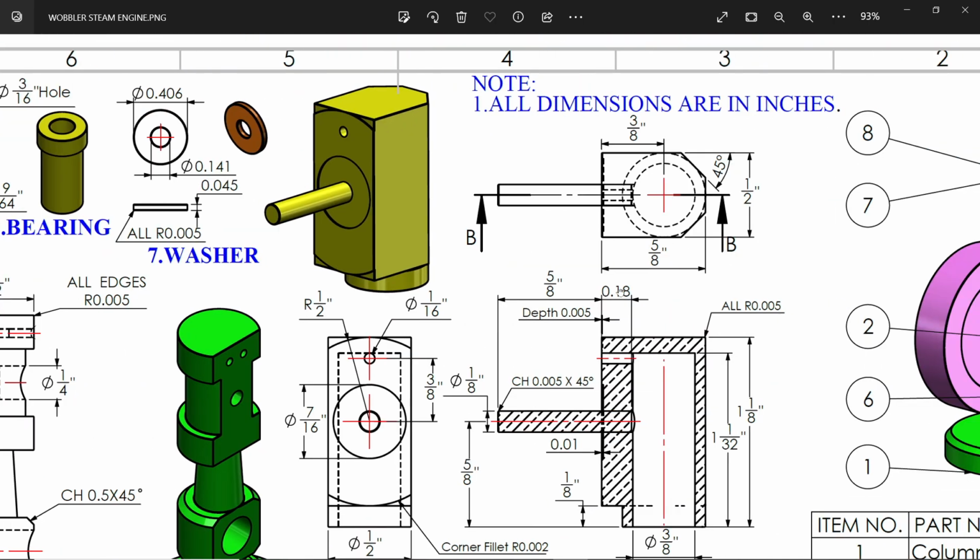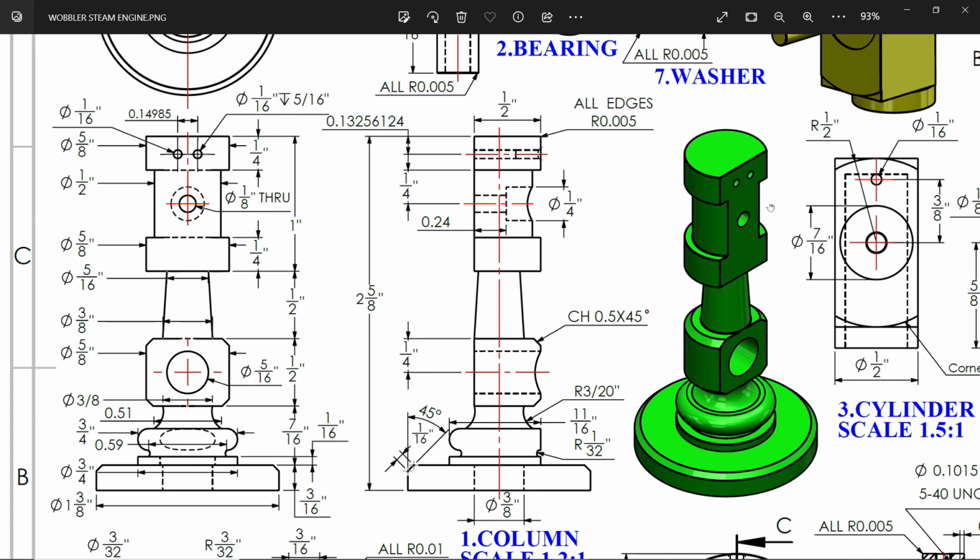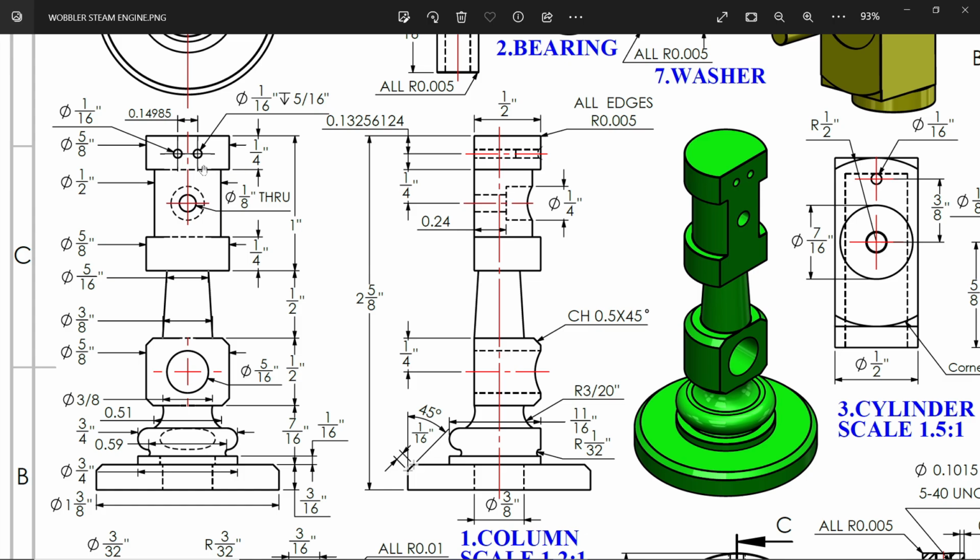Now if you check, all dimensions are in inches. Okay, and one more thing, you will see these dimensions have too many decimals, so I converted all the dimensions to fractions. You will see maximum dimensions in fraction. So let's start this one. For the base, we will keep the origin point at the base. Overall length 2 and 5 by 8 inch. See here, and we will start from